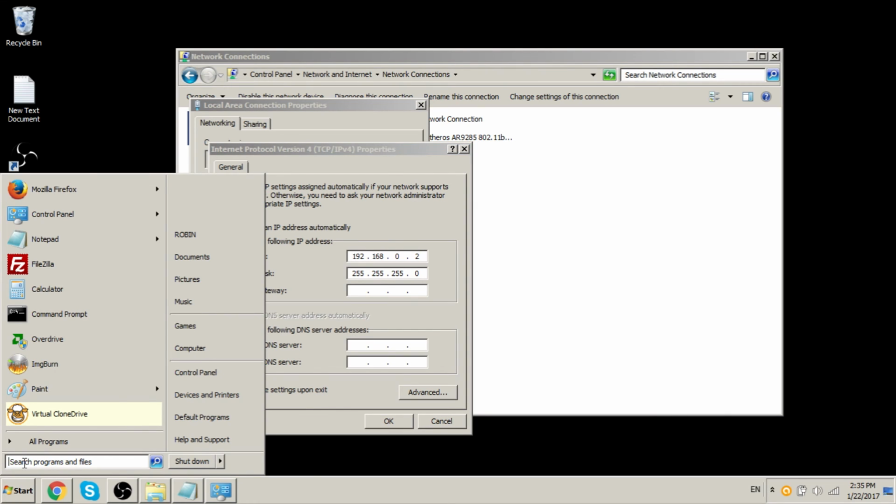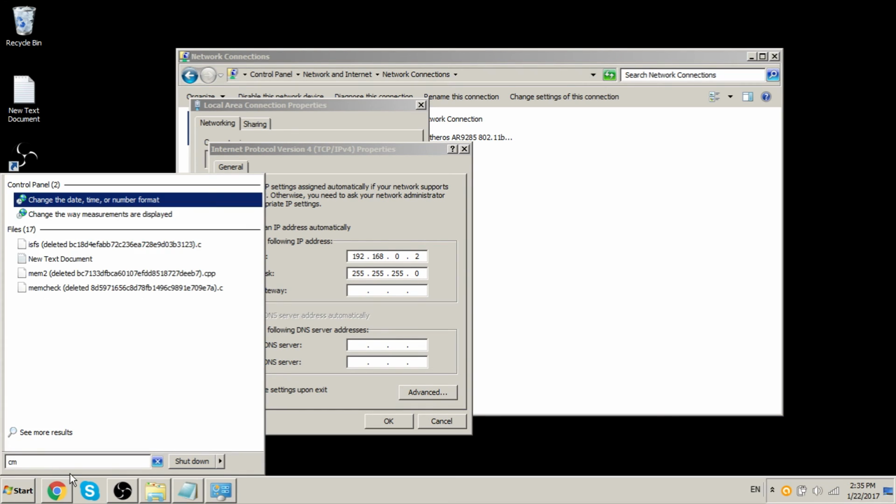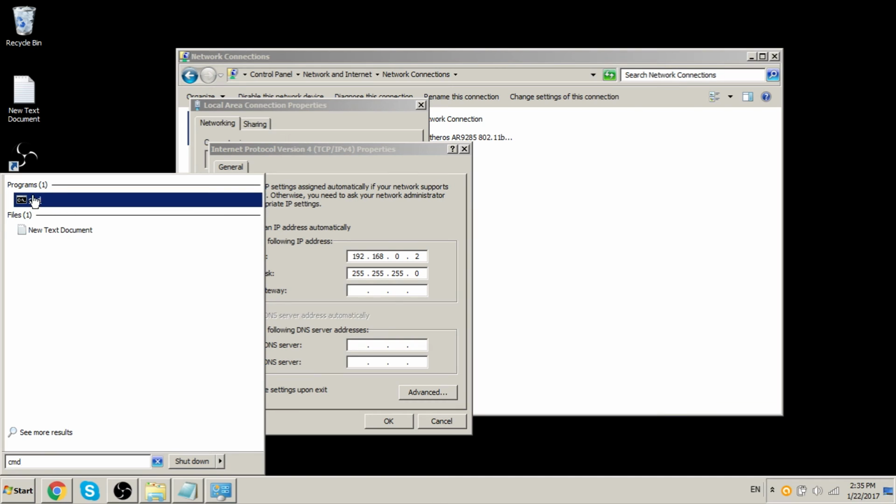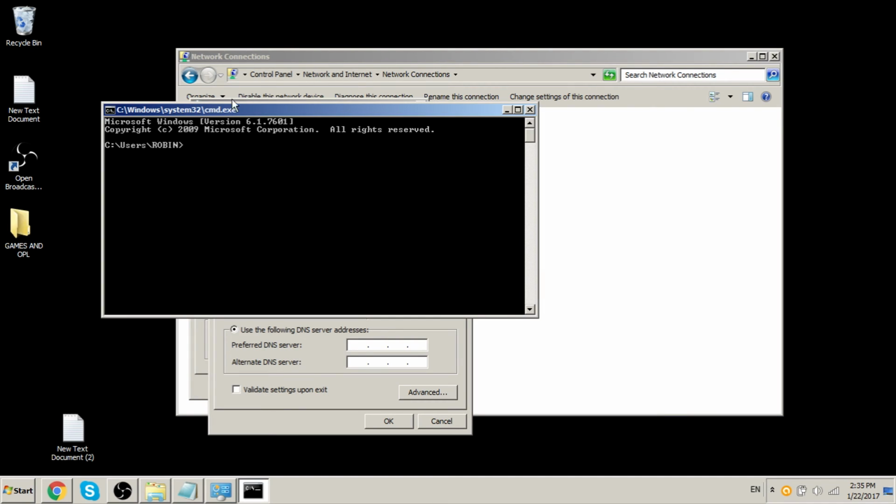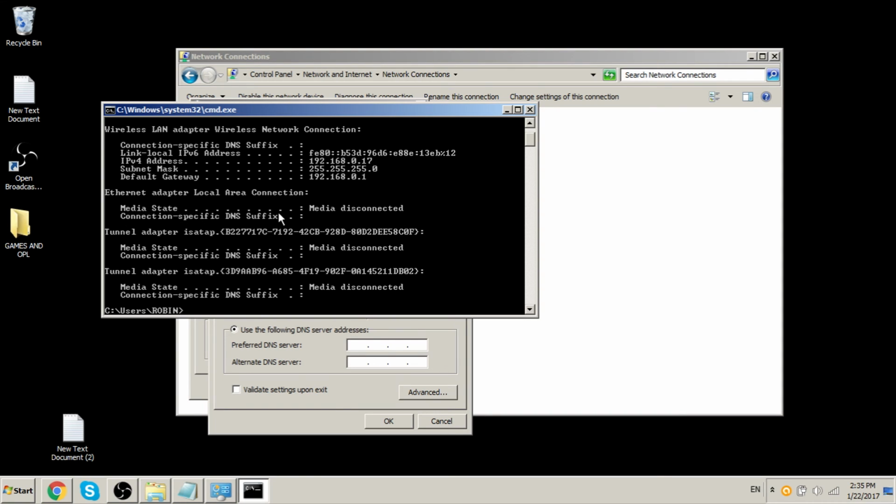Go to your start menu. You can either hit command prompt here if it shows up, or you type in CMD to get to your command prompt. And then where it says users and your name, you're going to type ipconfig. Your default gateway will be here. So look for that one. It says